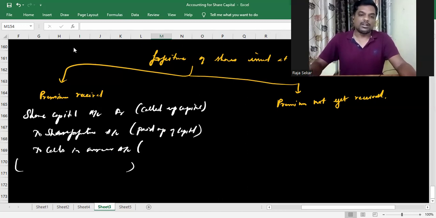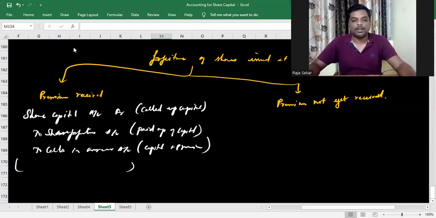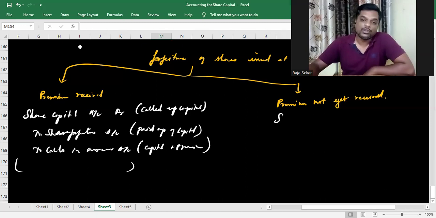and calls in arrears will be credited with the called up but unpaid value of capital and premium. But if premium has been received, then obviously this will not form part of calls in arrears because it has been received. Understood? Now, if the premium has not been received, that is, the share call has been made due, allotment money has been made due, but the shareholder has not paid premium, then what do we do? We debit securities premium account also. Securities premium account debit,